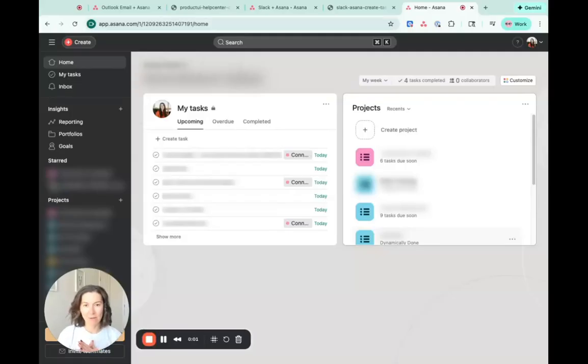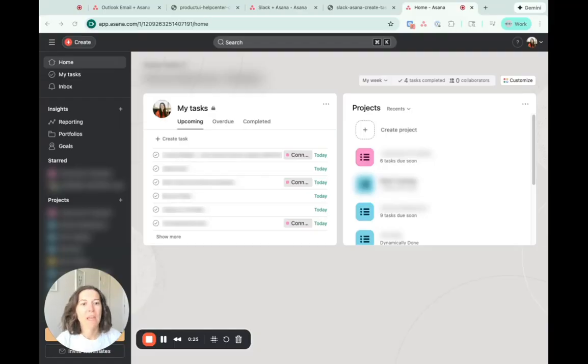All right, my next recommendation for reducing chaos is Outlook and Slack integration with Asana. One of my biggest goals with Asana is to dramatically reduce how much work is living in email, Slack, DMs, text, and worst of all, someone's head. So I help teams connect tools like Outlook and Slack so tasks can be pulled directly into Asana where